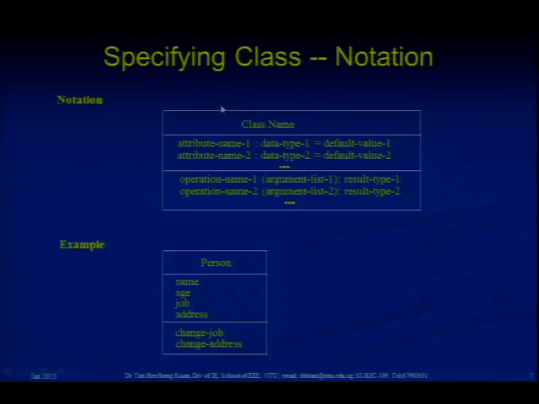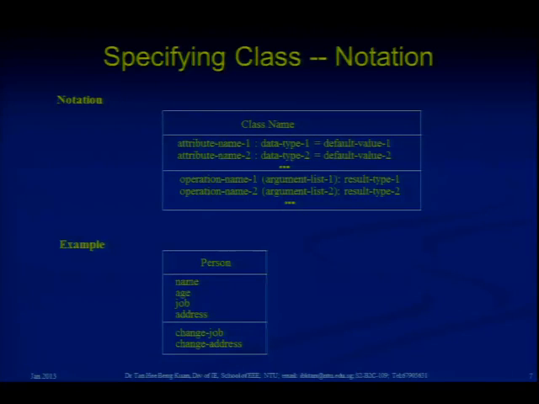The rectangle is divided into three regions. The first region is to show the class name. The second region is to define all the attributes of the class. The third region is to define all the operations, because for an object, we use